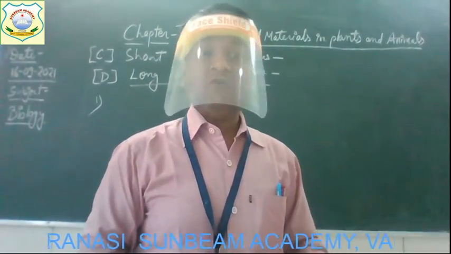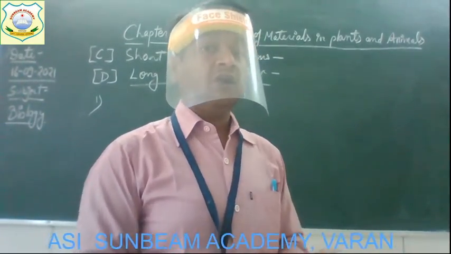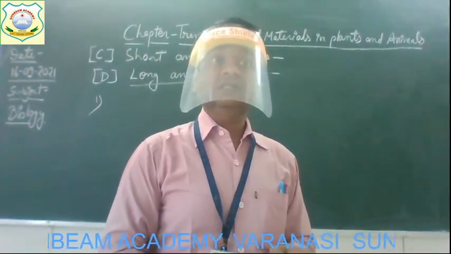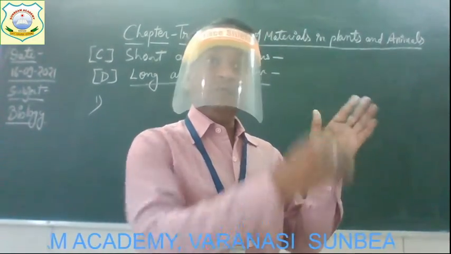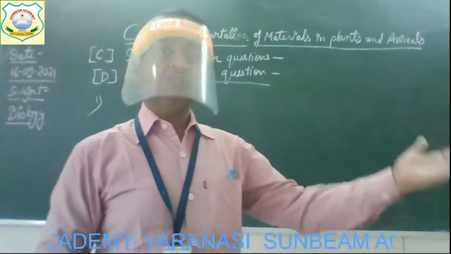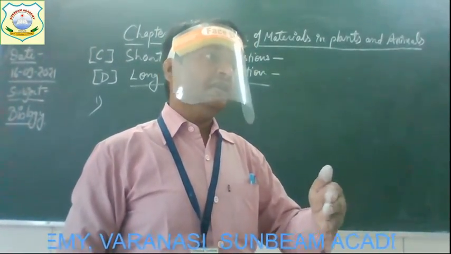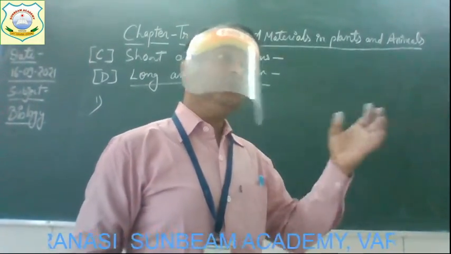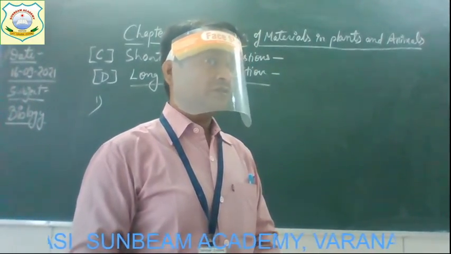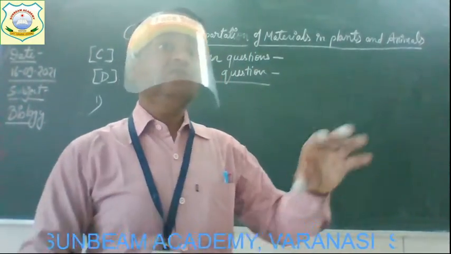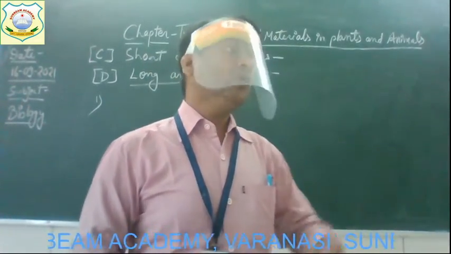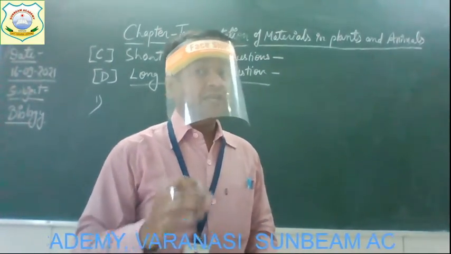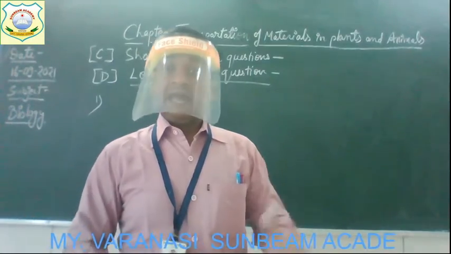and this absorption of water takes place by the process of osmosis. What is the name of the process? Osmosis. We have discussed in the chapter: the movement of water molecules from outside the cell to inside the cell in the presence of a what? Semi-permeable membrane of the cell is known simply as osmosis. Get it? And this movement will occur from higher water concentration to lower water concentration. Get it? So by osmosis, the water is going to be absorbed by the root hairs, and the root hairs